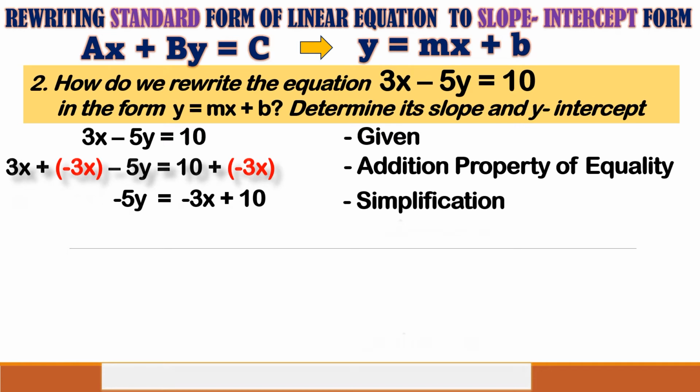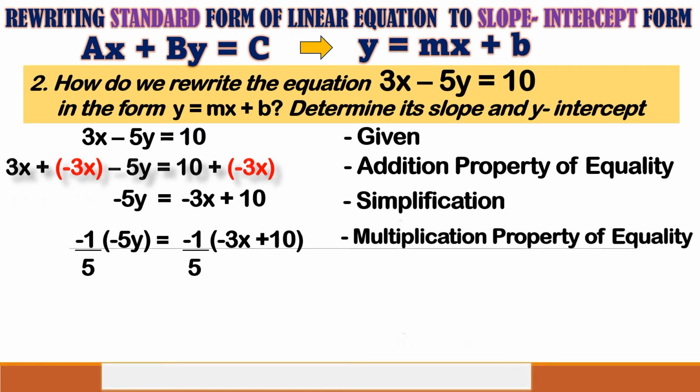So, we're going to eliminate the numerical coefficient of negative 5y by applying the multiplication property of equality. So in here, we're going to multiply negative 1/5 to both sides of the equation. So, negative 1/5 times negative 5y gives us y, since negative 1 times negative 5 is 5, divided by 5 is 1. And for the right side of the equation, negative 1/5 times negative 3x plus 10 is equal to